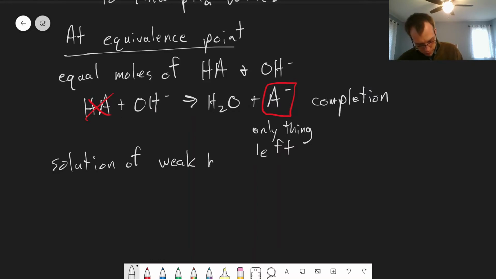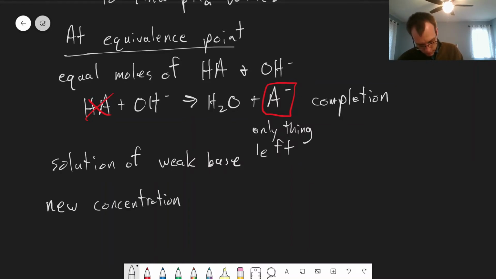And so if we want to find the pH of this, we do it just like we would for finding the pH of a solution of a weak base. The thing we do need to realize, though, is that the concentration has changed. So our initial concentration of our weak acid was 0.02 molar, but that is not going to be the concentration of our weak base because we've added our titrant. So the total volume of the solution has changed. So we need to take that dilution into account. So our new concentration,